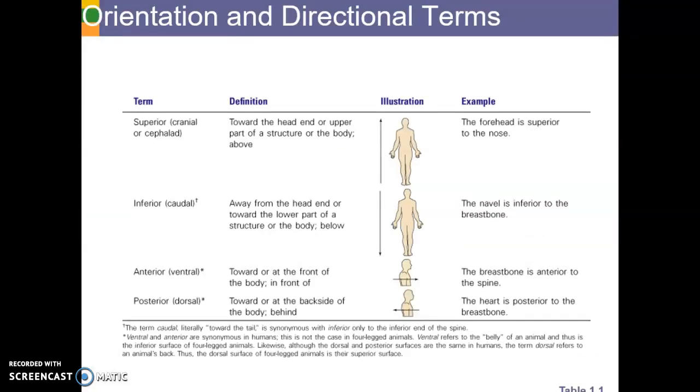Some of these terms are very intuitive. You've used them your whole life, but some of them are extremely important, especially how they're applied in anatomy and physiology. So read through these terms. For this particular slide, you will see the terms superior and inferior attached to a lot of structures, and you'll